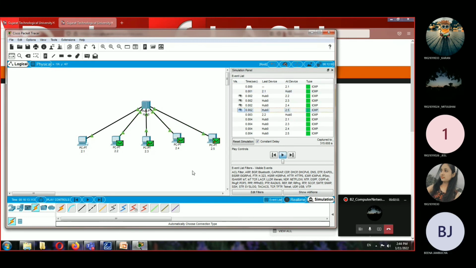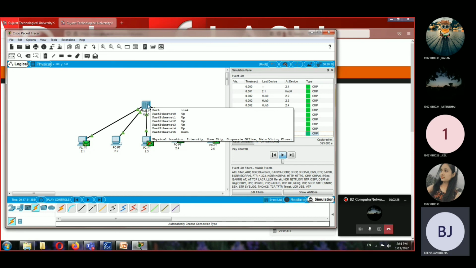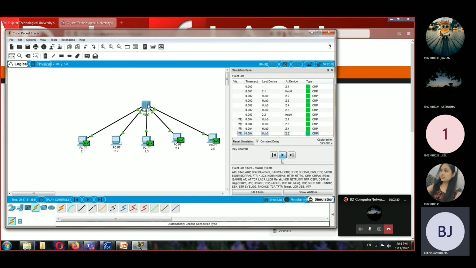What is happening? See, these three are showing cross. What does it mean? Right? It says that they are not supposed to be reached. Now what happened from here? This computer has sent the acknowledgement to the hub, that okay, I have received the data correctly, right? And hub has again sent all the data to all other lines, right? But the source address was only 2.1, and this is the reason only 2.1 will receive the data and all others will just discard this data. Is it clear? Yes, ma'am.